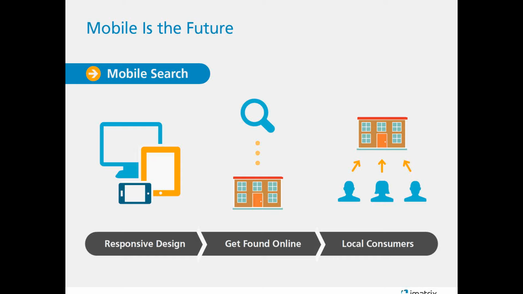So just as an example, if a consumer searches for a local optometrist on their computer at work, when they're on their way home from work, they can search again on their phone, and they can pretty much immediately call and make that appointment. In the past, I remember just to get directions, I had to go to MapQuest, print out the directions, and take them with me, before there was GPS. So a lot more things are becoming mobile, and it's just a way to be prepared for that as well.